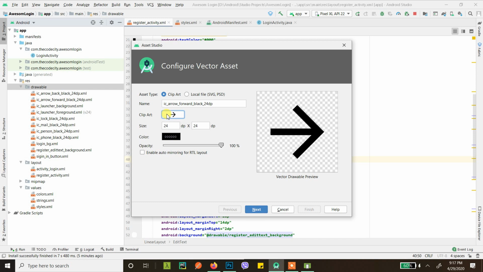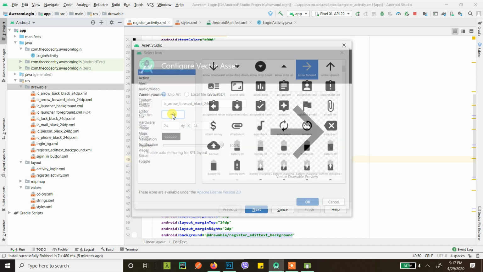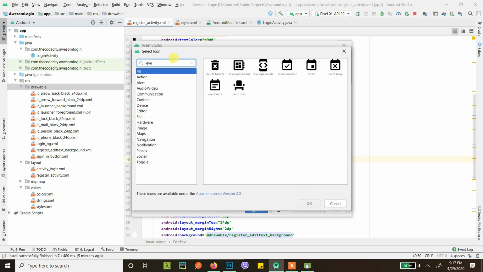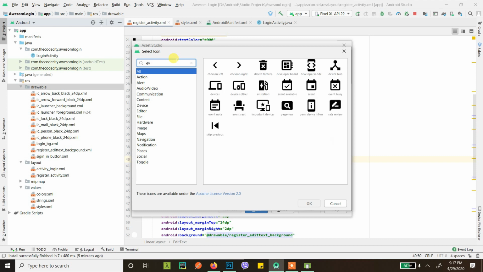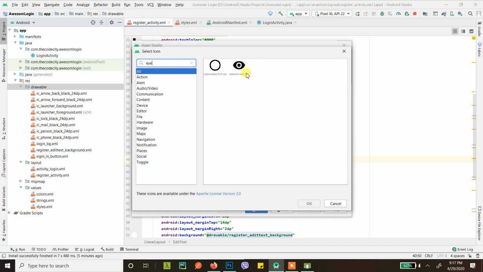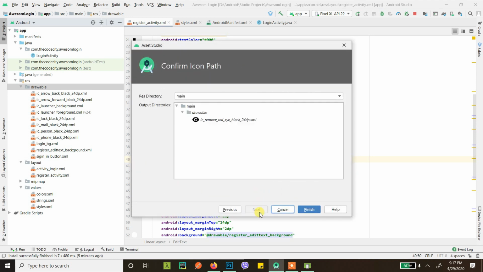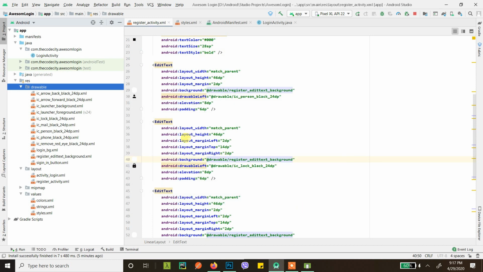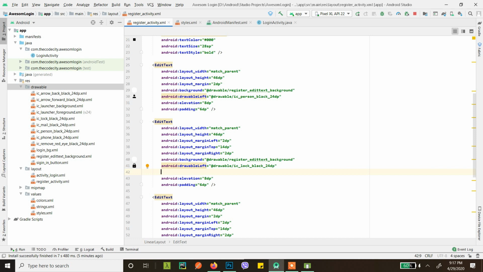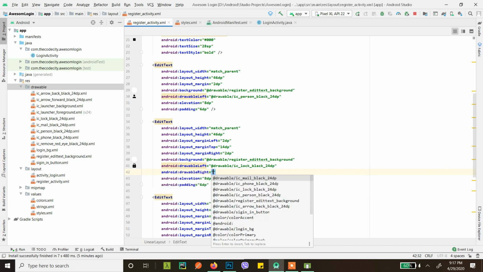What is it called? Let's call it I. I think it has to be I. Nope, there is no I. There is, yes, there is. So it's for removing red eyes. So we will just put it here. Okay, and in our password field, let's have a right drawable, that is